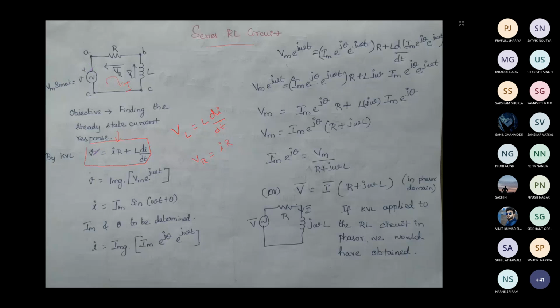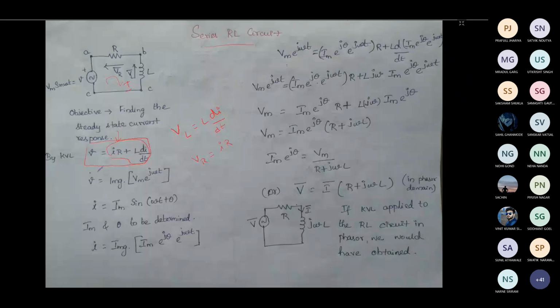So that's what we have written. The source voltage is V, that is considered as a source, and for the other elements, if you are writing KVL, you will be considering them as a load. So this is the voltage drop, and the source voltage is the voltage rise. So IR plus L into dI by dt, you will be getting.